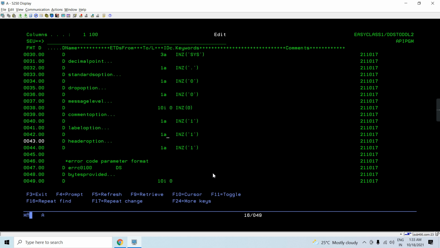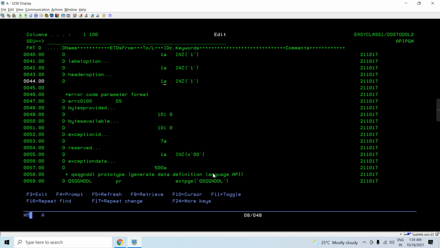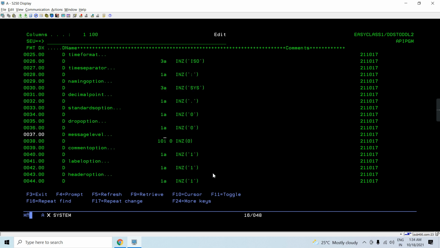So we are going to generate that. Label option is something where, if in case there are any headings like column heading or text available in the DDS, we are going to generate that as well in the DDL source using the LABEL ON clause. Header option is for generating the headers, which basically have the time, date, or the system relational database things. So these are all things which we are going to pass.